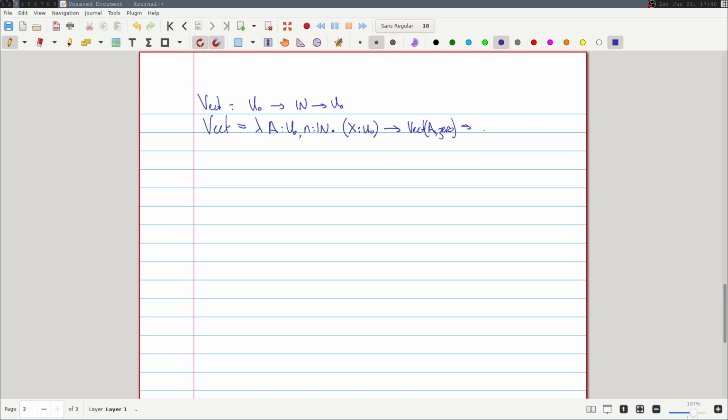But the second constructor, which is not going to fit on this line, so I'll do it down here. The second constructor is of type a to n vect an to vect a successor of n. And then if you can give us this type and two constructors,